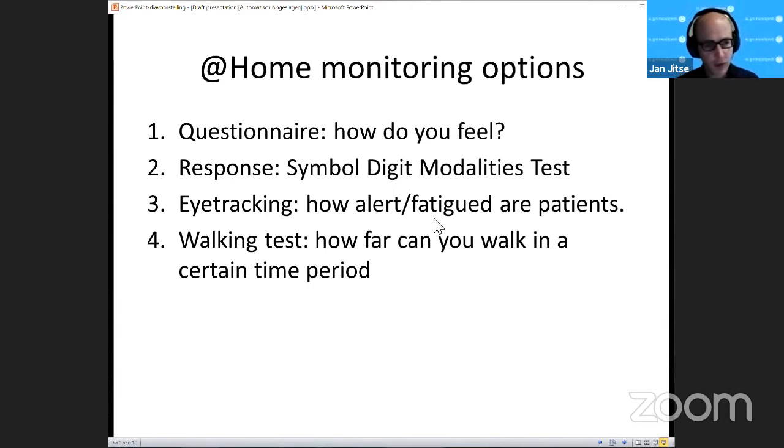So what I'm talking about is a seemingly very simple thing: a walking test. How far can you walk in a certain time? Typically this is done in certain time periods, like 2 minutes or 6 minutes. There's even a 15-second test, but that's too short to be very effective. What I worked on was a 2-minute walking test, so that's measuring how far you can walk in 2 minutes.